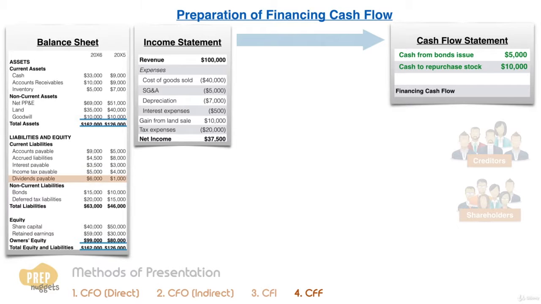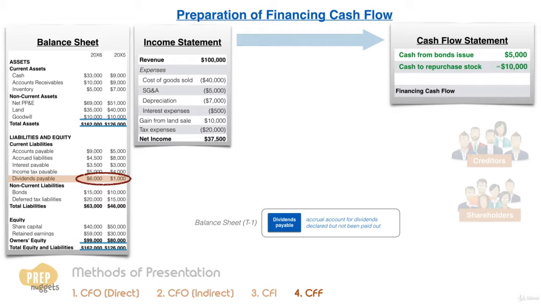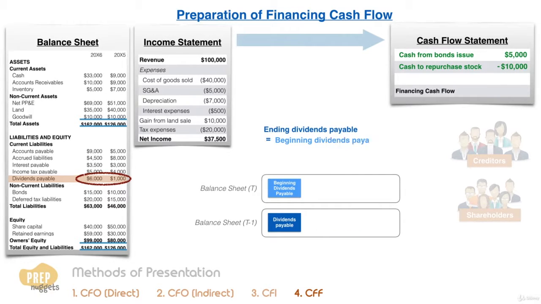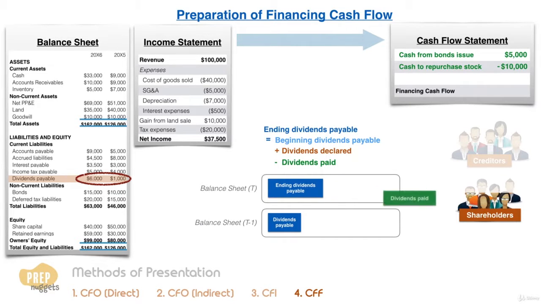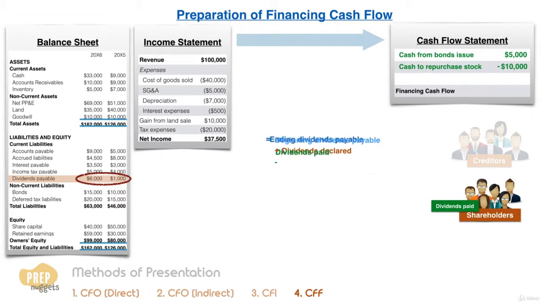The dividends payable is an accrual account that accounts for dividends declared but have not been paid out. The ending dividends payable for the period is the beginning dividends payable, plus the dividends declared during the period, minus the dividends paid out as cash. Under CFF, we are to account for the amount of dividends paid out for the period. Rearranging the equation, the dividends paid out during this period is the beginning dividends payable plus the dividends declared minus